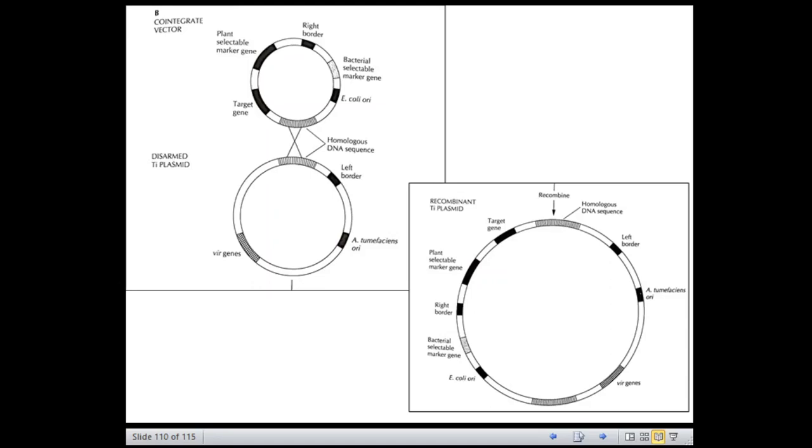The cloning vector becomes part of the disarmed Ti plasmid, which provides the virulence genes necessary for the transfer of the T-DNA to the host plant. And the only way that this cloning vector can be maintained in Agrobacterium tumefaciens is as part of a co-integrate structure. Otherwise, it's not possible. So in this co-integrated configuration, the genetically engineered T-DNA regions can be transferred to plant cells very easily.